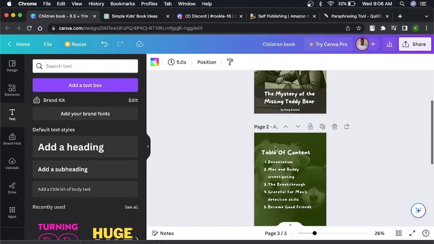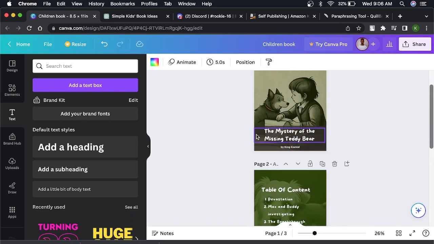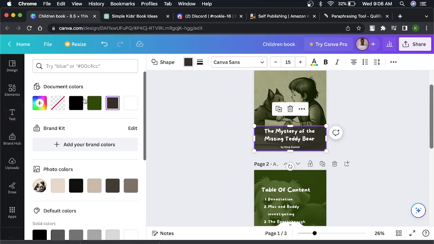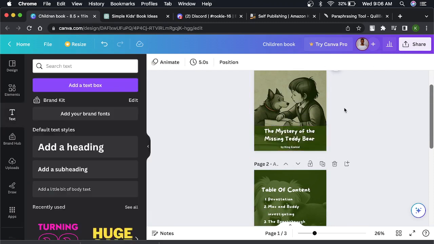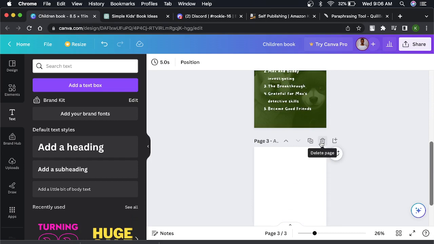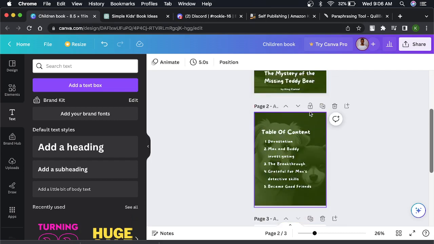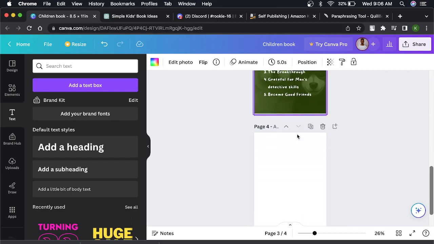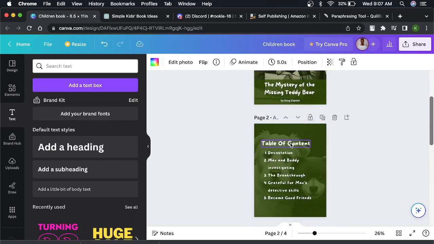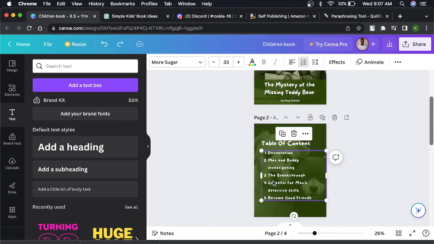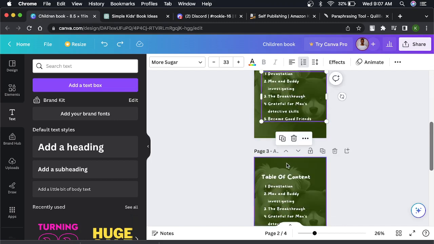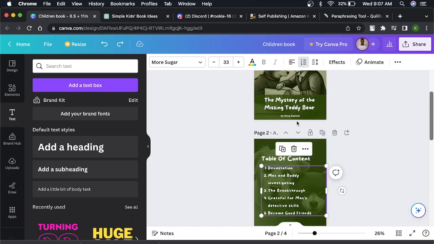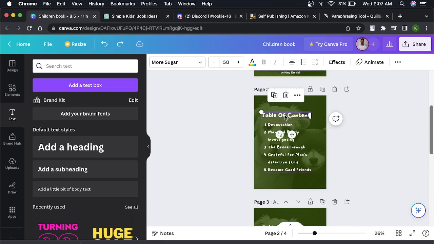So by the way, I usually suggest that these pages, sorry, this one is still this color. Let's change it to our color. You see. These first three pages, it is better to add a dedication. In fact, this one, let's add a dedication. Excuse me. So before table of contents, by the way, to duplicate, this is it. Can you see duplicate? So this one, let's change it to the